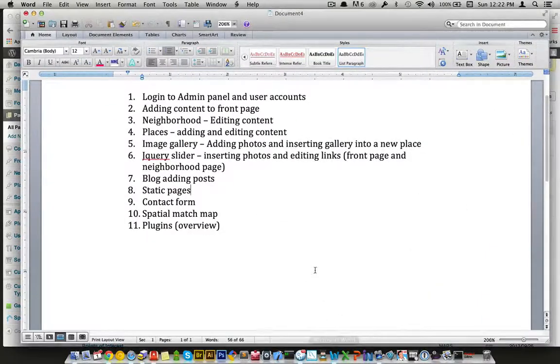Okay, for now we're going to wrap this up actually with the contact form. Spatial match map, I already went over it actually in the static pages, so we're not going to need to go over that one. Plugins, I will work on that either tonight or throughout the week to kind of give you